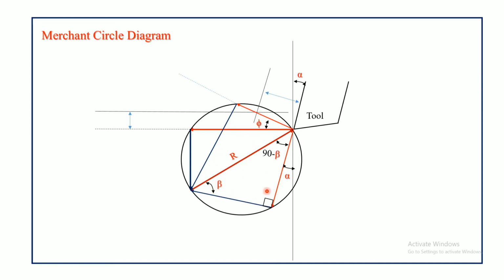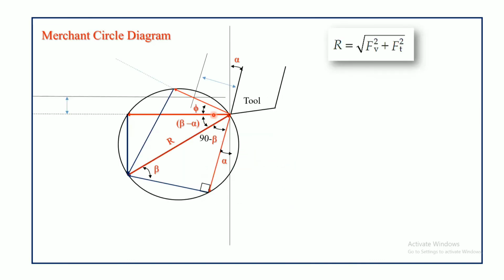By the angular relationship, here we know that this is perpendicular, the 90 degrees. So this angle is 90 minus beta. And also, this is 90 degrees, the angle between the friction force and the angle between the cutting force and the vertical line is 90 degrees. So we can derive an expression for this angle, which is beta minus alpha. And we have also measured the resultant R.